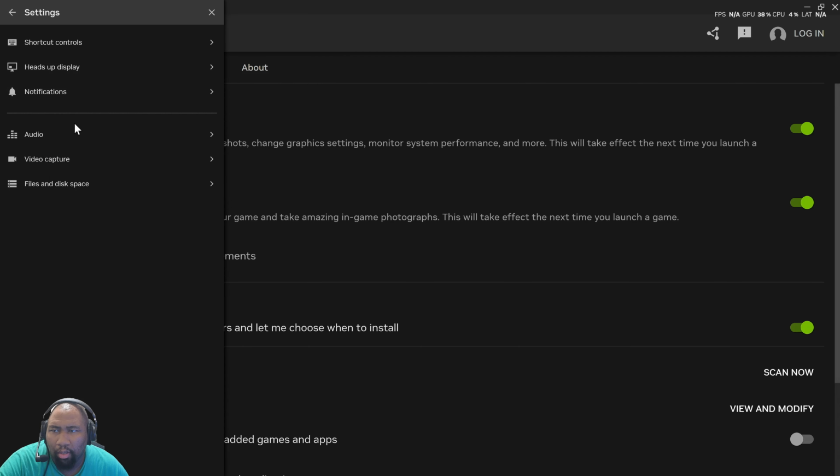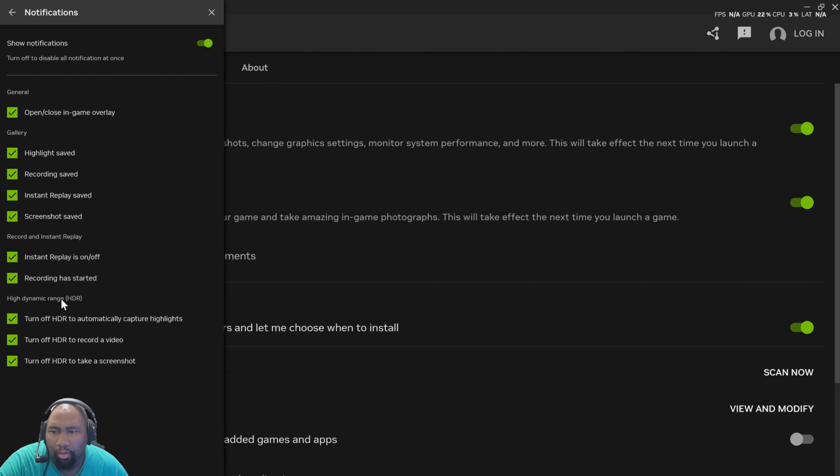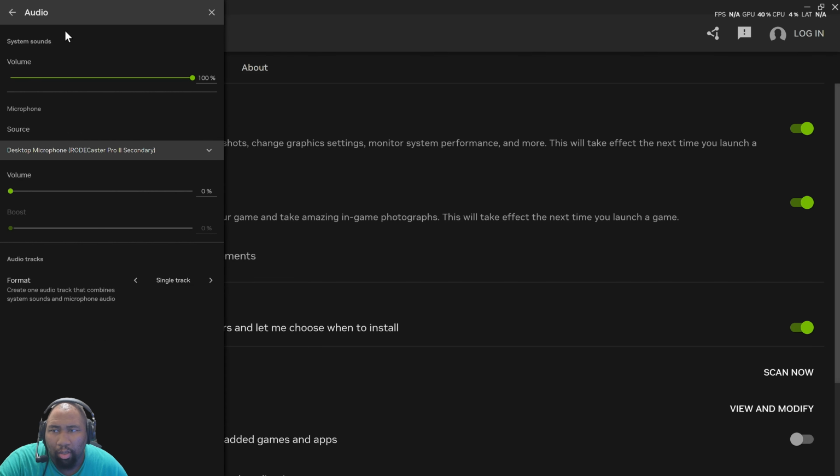right? And you have notifications. And one of the things that I like about the Nvidia app versus the GeForce Experience app is that it has the ability to where you can play in HDR, but it automatically converts it to SDR when it comes to the recording, and your colors are not messed up. They're not messed up in any kind. And you got your audio here,